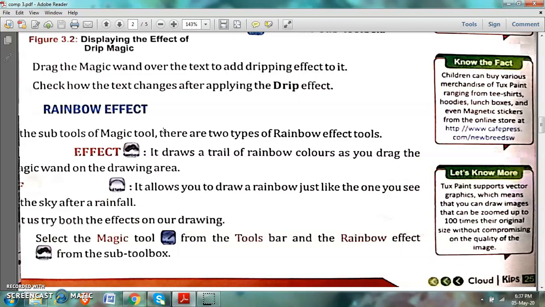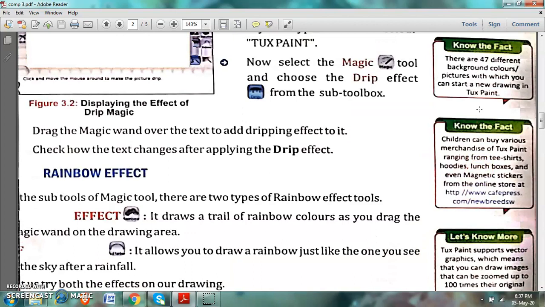these effects. Sorry. One thing I am going to tell you, here I have this spec box. Children, in Tux Paint, you will find 47 different background colors. You can use your favorite color as the background color in Tux Paint, and with all these colors, you can start your new drawing in Tux Paint.